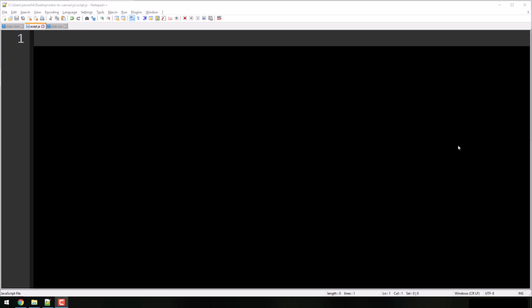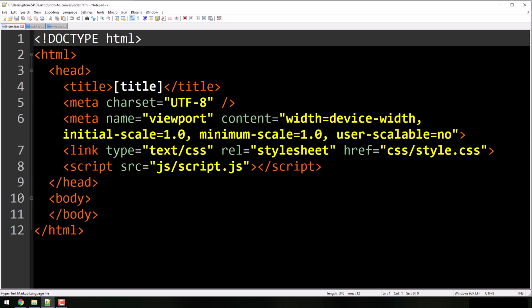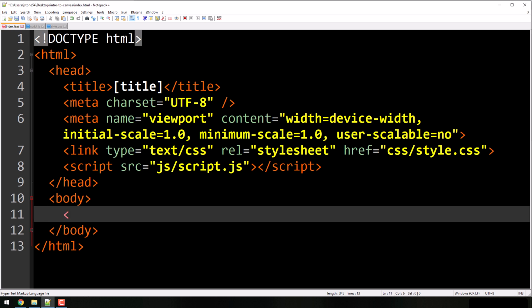So we're going to make in our web page a canvas, and then we're going to use our tools like a paintbrush kind of a thing, that's more of a metaphor, to paint on this canvas, right? And you can do a lot of cool stuff on it. So canvas is just an HTML tag. So I'm going to put in my body canvas. That's it. We made a canvas.